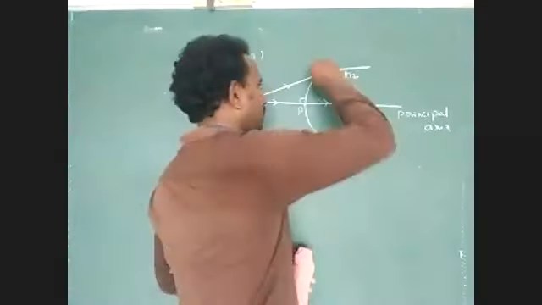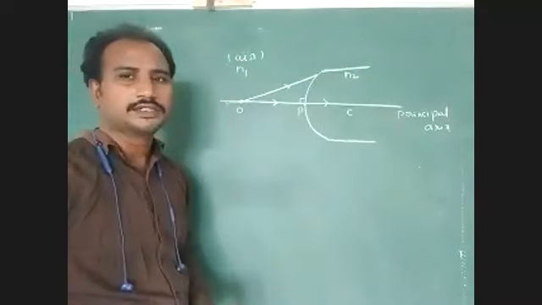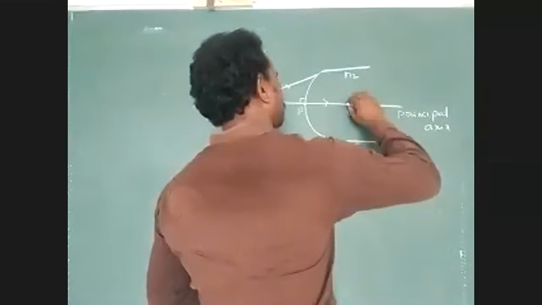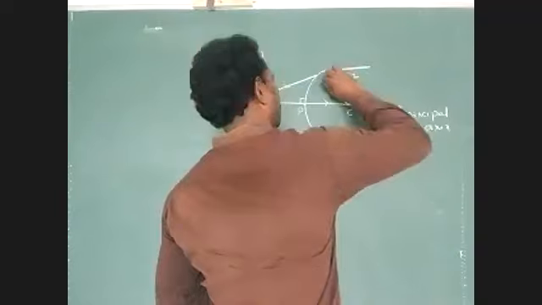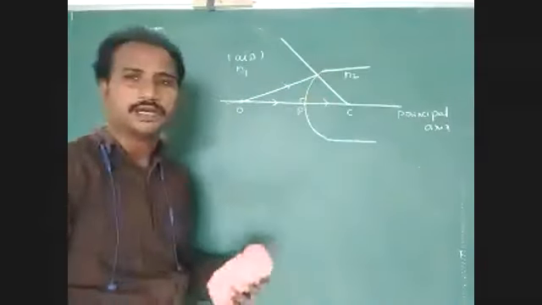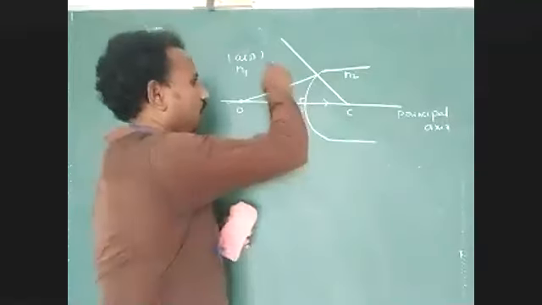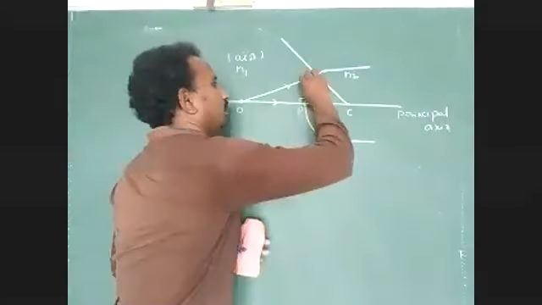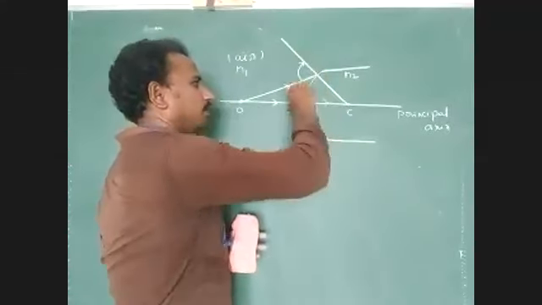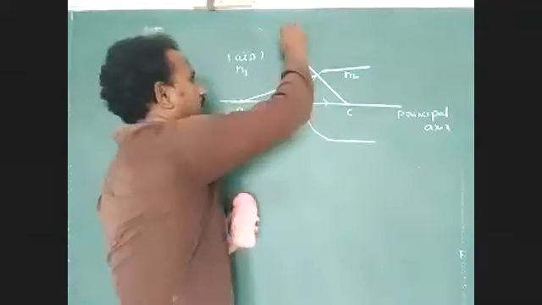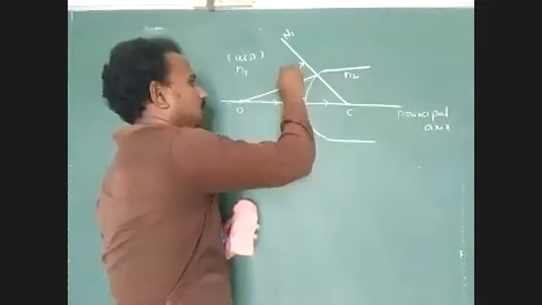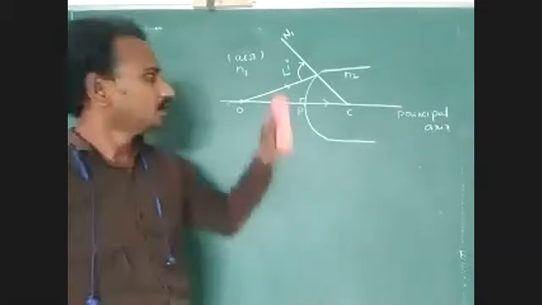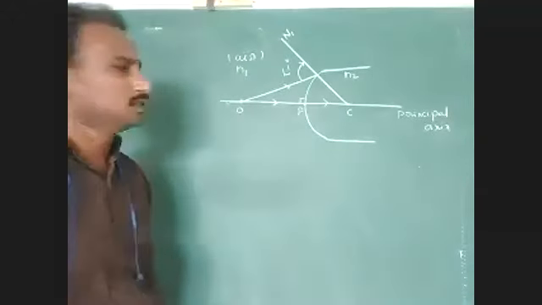Next, we have to find the direction of the refracted ray in the second condition. Draw the normal. The normal is always perpendicular to the curved surface between the two optical mediums: one is the air medium, another is the glass medium. Now we identify the angle of incidence. The angle between the incident ray and the normal is called the angle of incidence.